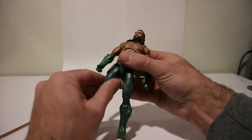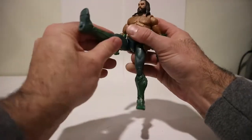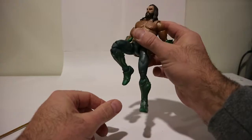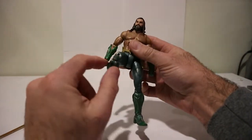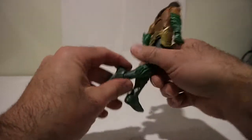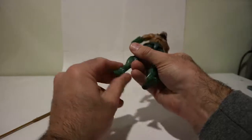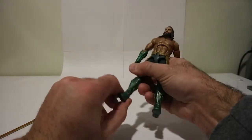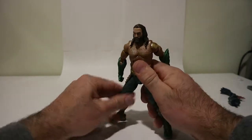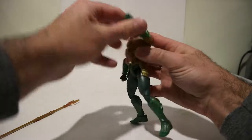They added an upper thigh swivel here. So if you can see that. Now, range of motion wise, he kicks up like this. He's got a double jointed knee. Range of motion is decent, almost like a little kneecap here. Kicks back about that much. Ankle pivot and ankle articulation forward and backwards, and his foot does pivot side to side slightly. You can do a sideways kind of stance like that,